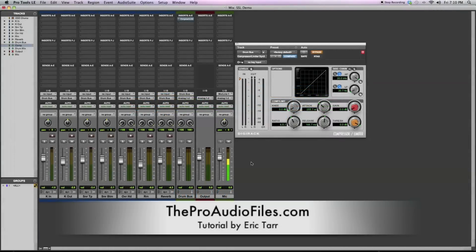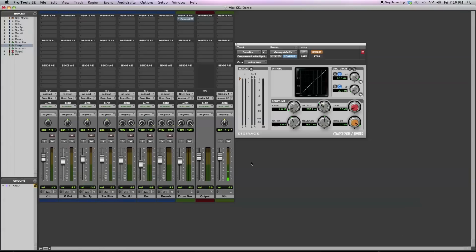In this video, I'm going to be demonstrating several different kinds of bus compression. I'll be focusing on parallel compression, but also talk a little bit about sidechain compression. I'll be using an example of a typical place that you use bus compression, and that's over the submix of